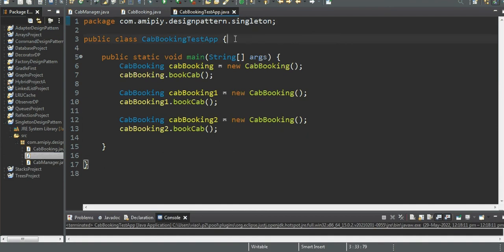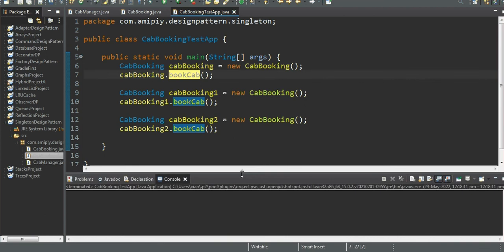There is a cab booking test app which I have created. So here I'm going to create 3 instances of the cab booking class, and I'm going to call this book cab method on the cab booking instances. So when I'm going to run this,